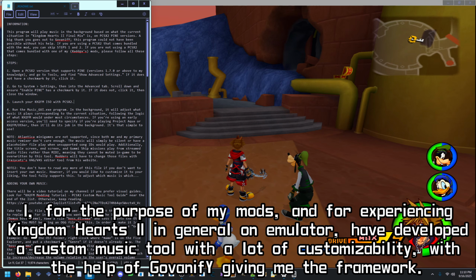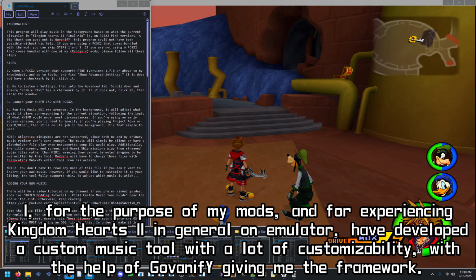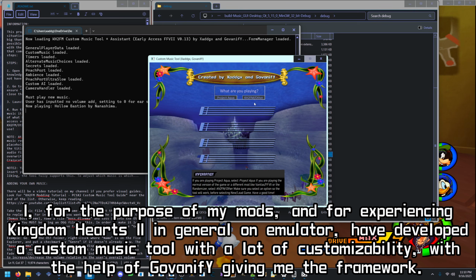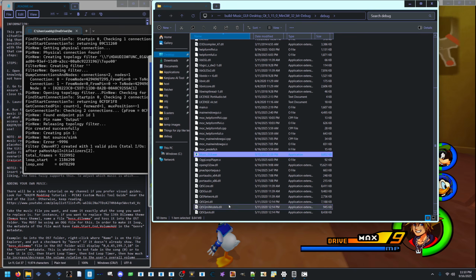For the purpose of my mods and just experiencing Kingdom Hearts 2 in general on emulator, I have developed a custom music tool with a lot of customizability with the help of GOVANIFY giving me the framework. So, when you launch